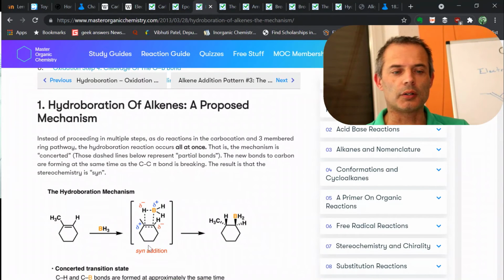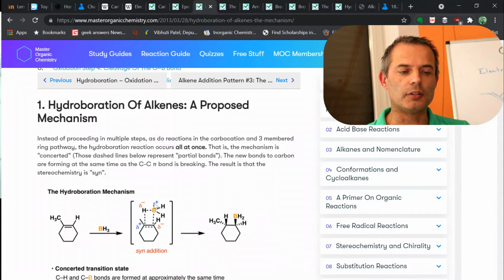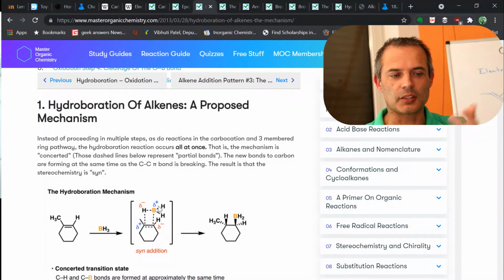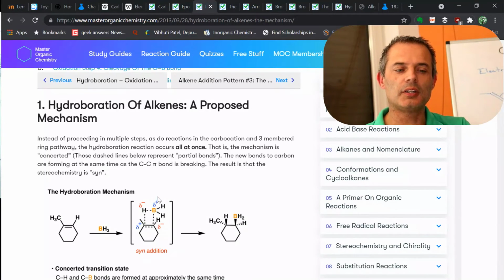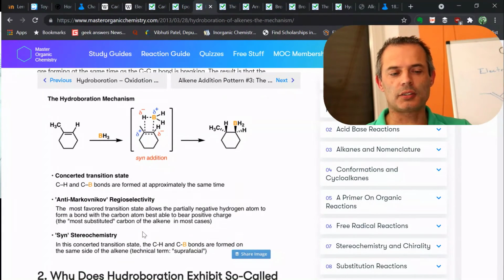So our boron will sit closer to the more negative carbon. One of the hydrogens will happen to be close, and we can then rearrange this so that it can break and form a boron bond on the less substituted carbon, and the hydrogen goes onto the more substituted carbon, which is the opposite of what we had before, because of the way that the mechanism goes. So the positively charged thing is still going onto the correct side. It's going onto the less substituted side, but the positively charged thing will now be replaced with an OH, so it appears to be